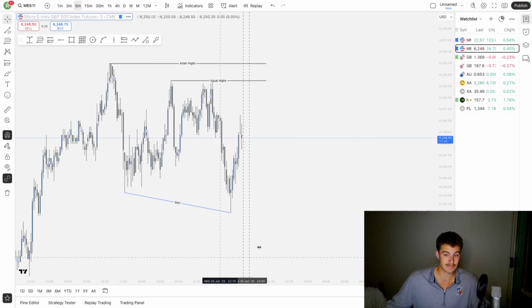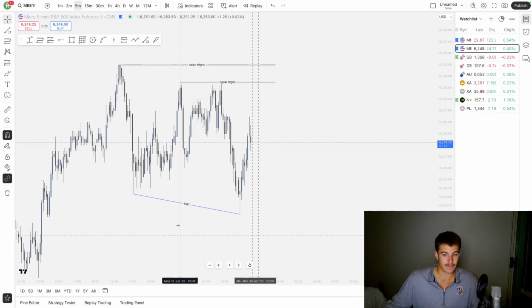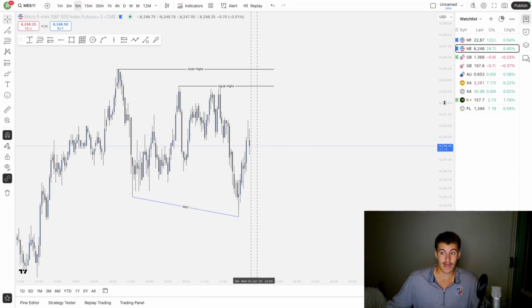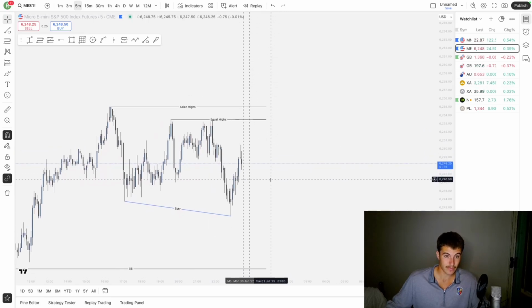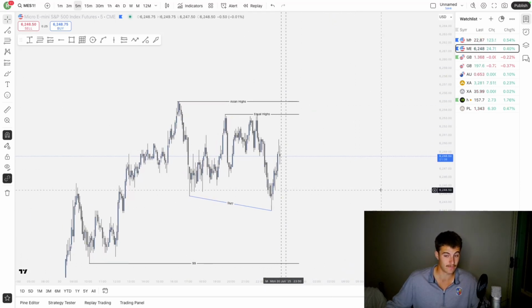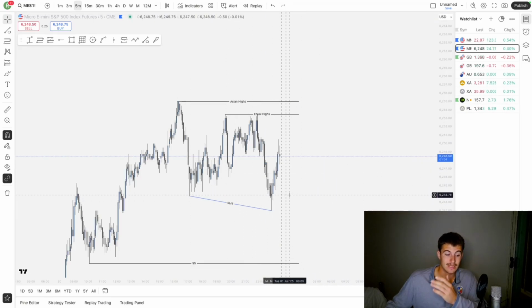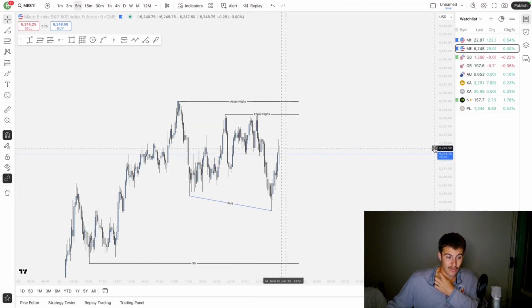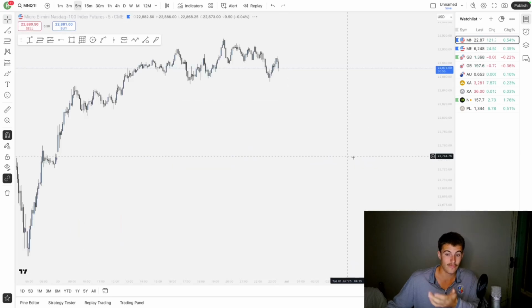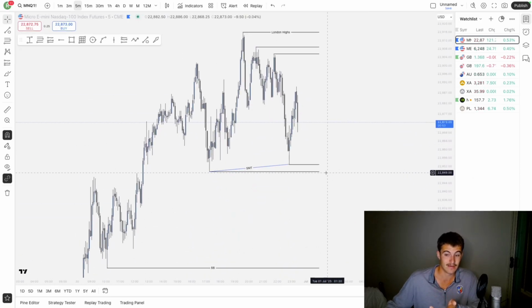We've created this SMT off of, I believe, those London lows, and we've swept them, and now we're getting legs up. I want to see this leg here on ES take either these equal highs or these Asian highs. That is what I'm looking for, and then I want to look for rotations off of it. Another reason why this SMT is important is because an SMT is also creating liquidity on the opposing index. So over here on NQ, obviously we didn't take this, but now what do we have? We have really good draws on